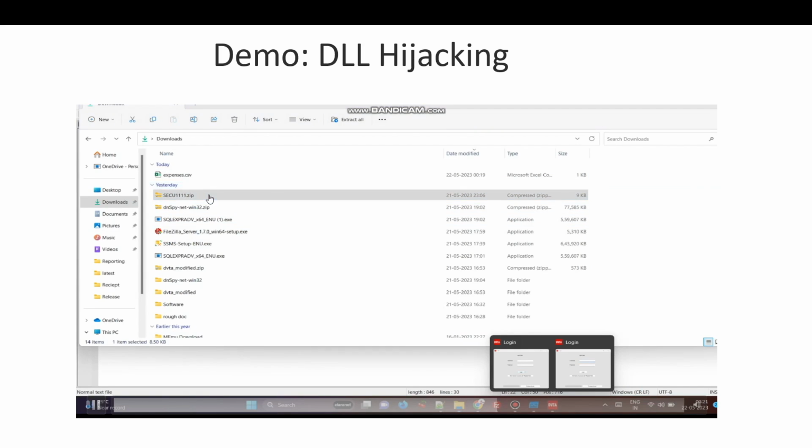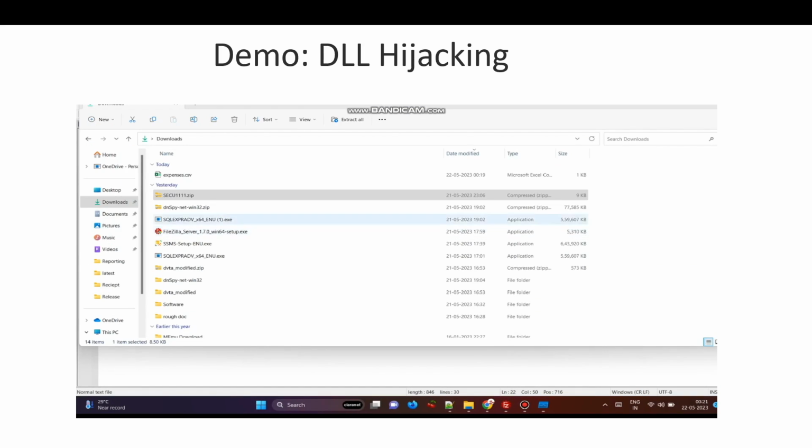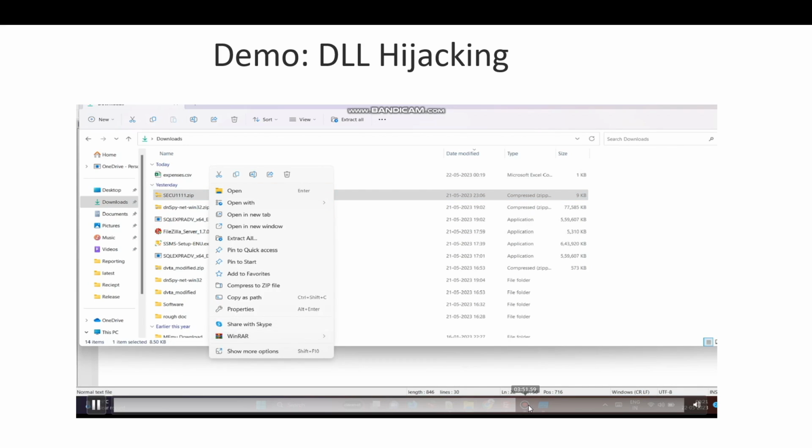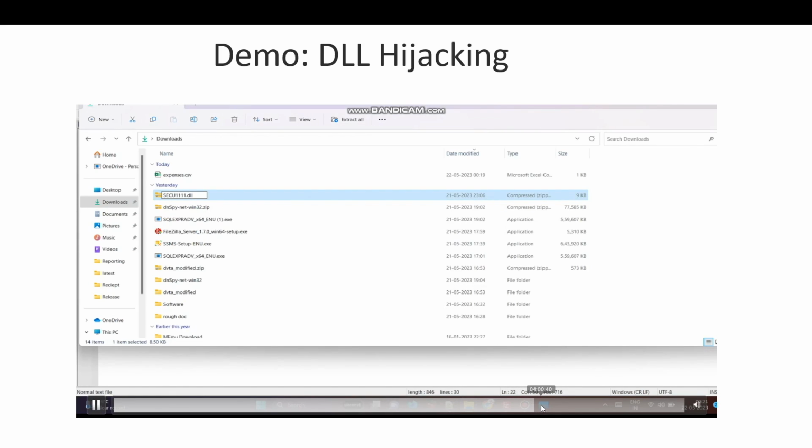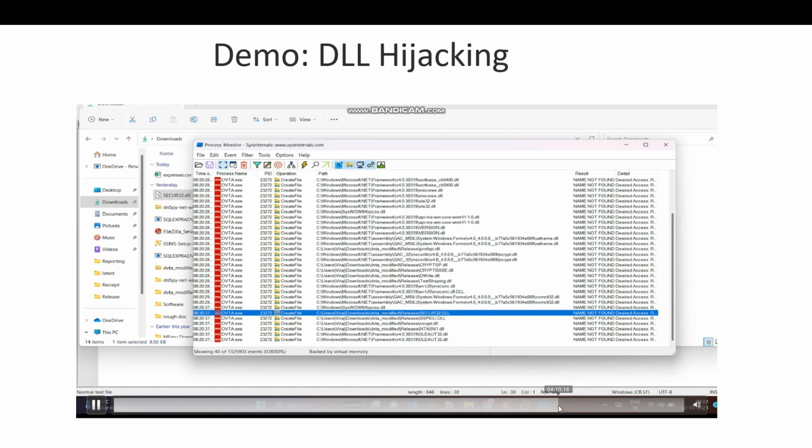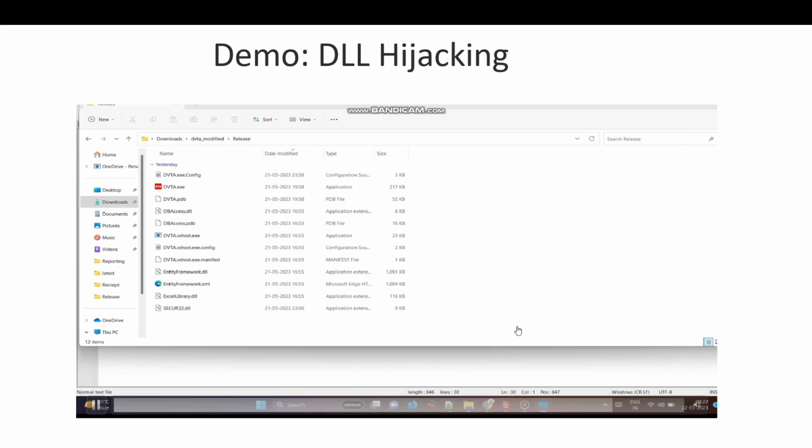All we need to do is rename that particular file exactly with the same name which the DVTA application is calling. We will replace it. We will rename and replace it. We will see where this particular DLL is being called from, so it is better to go to that particular path, where we will replace that particular DLL file. Since we have put our malicious DLL here,